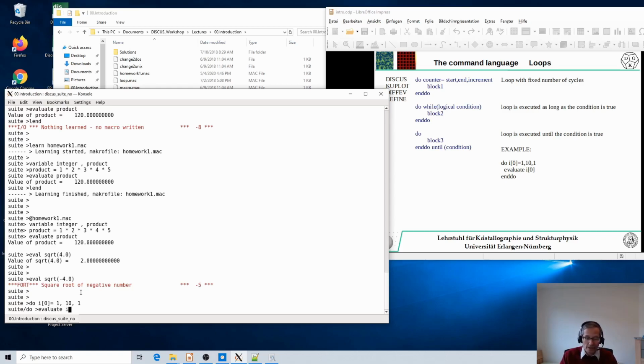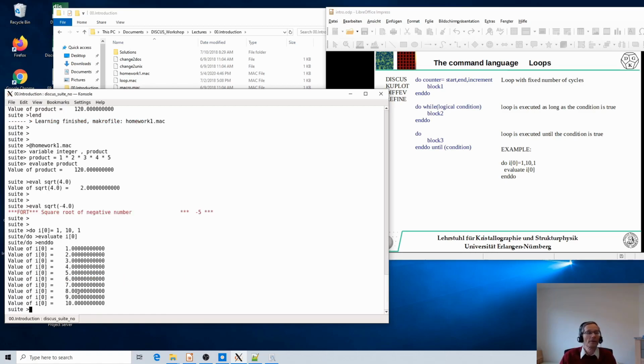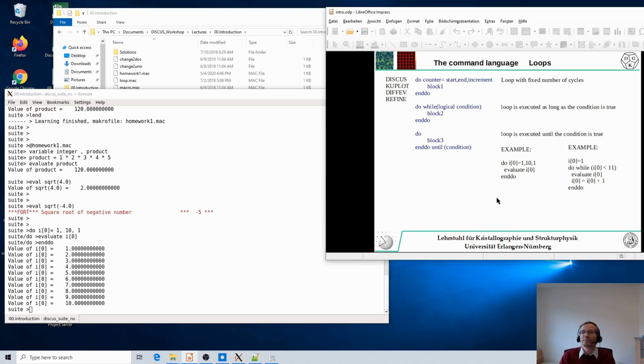Evaluate I of 0. And if you then type end do, voila, we're now counting from 1 to 10 here. Nothing exciting. And something like that would typically be enclosed inside a macro where you want a little more flexibility. So alternatively, you can do the same if initially we set I of 0 to 1, and then while I of 0 is less than 11, we evaluate the current value of I of 0, and then,